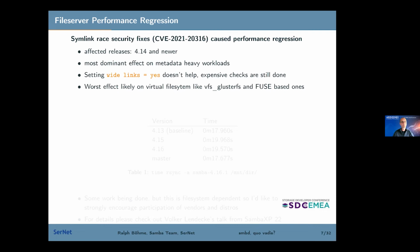And that's the file server performance regression that was basically caused by the symlink race security problems mentioned initially. And the thing is that this also caused quite a performance regression that affected Samba releases 4.14 and newer. And the interesting bit is that